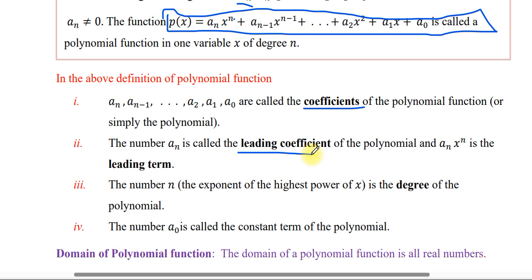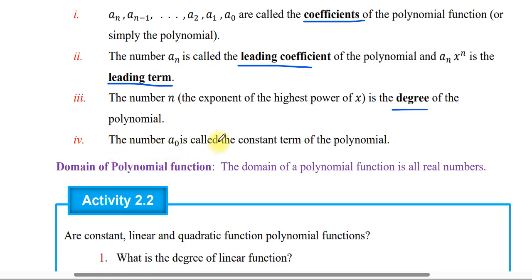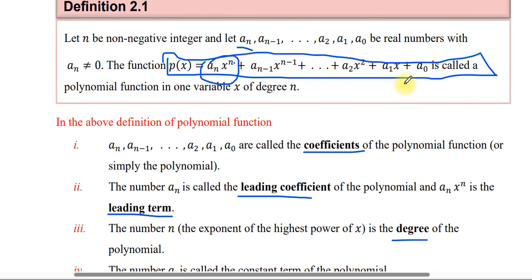coefficient ትባላለች። leading coefficient then an times x the power of n ደግሞ ይች እንዳለች ደግሞ ምን ትባላለች? an x the power of n leading term ትባላለች። leading term the number n or simply the exponent of the highest power of x is called the degree of the polynomial degree ስለዚህ n ዲግሪያችን ነች ማለት ነው። and finally number 4 the number a0 is called the constant terms of the polynomial ይችኛዋ ደግሞ a0 ምን ትባላለች? constant term ትባላለች። ስለዚህ በፖሊኖሚያል ፋንክሽን ጊዜ ማወቅ ያሉብን ኮመን ቃላቶች አሉ። ኮፊሽንት፣ ሊዲንግ ኮፊሽንት፣ ተርም፣ ሊዲንግ ተርም፣ ዲግሪ እና ኮንስታንት የሚባሉ ነገሮች አሉ ማለት ነው። ኦኬ